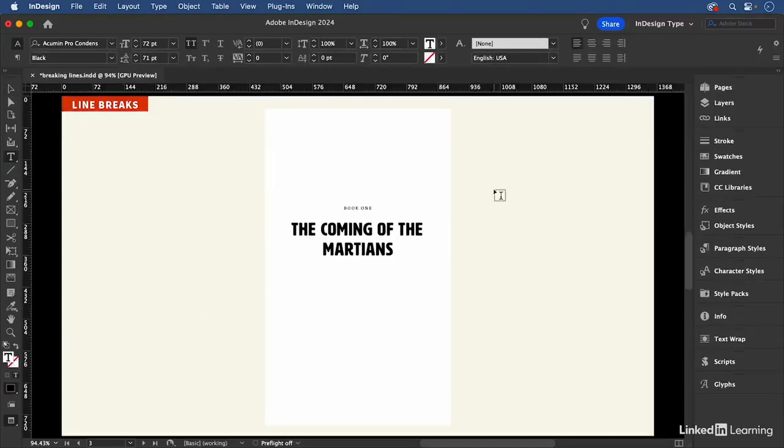A third example, this one, the section title of a book. So I want to enhance the reading by taking "of the Martians" down to the next line. But this brings up another issue. If I were now to generate a table of contents, which is not something that I will be covering in this course, but it is something that you would want to look into if you are preparing a book,